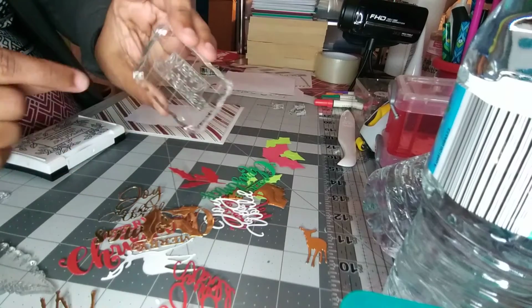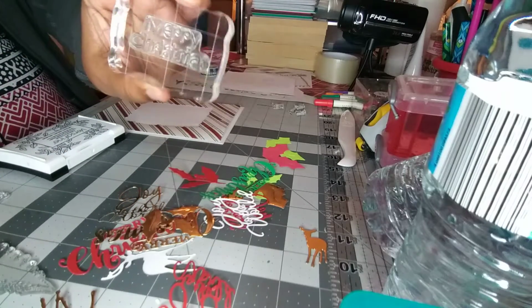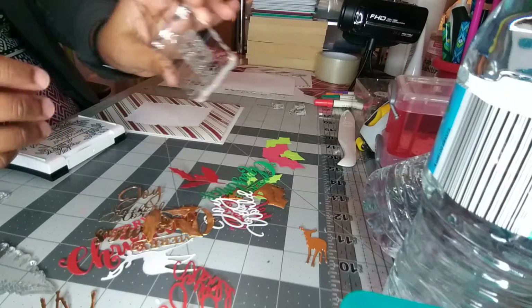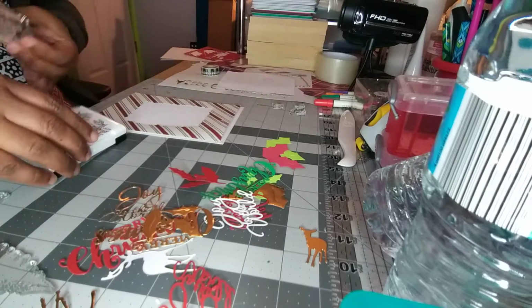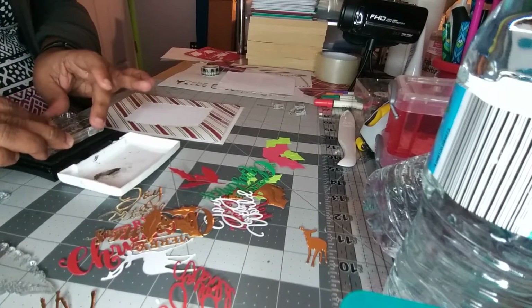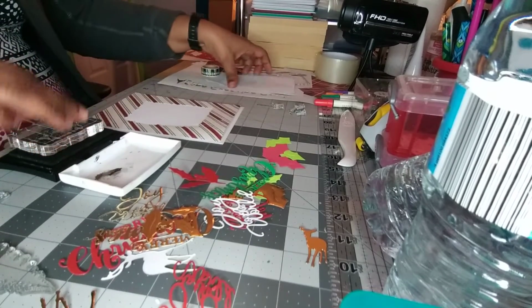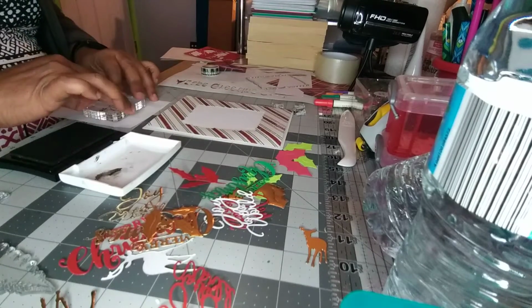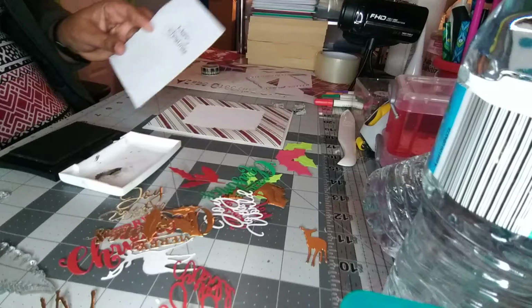And then it does have some lines in here. I don't know if you can see the lines where you can just position your stamp so it will pick it up nicely. And then we can go ahead and stamp. Now what I usually do, and I would recommend your first stamp, just go ahead and test it first